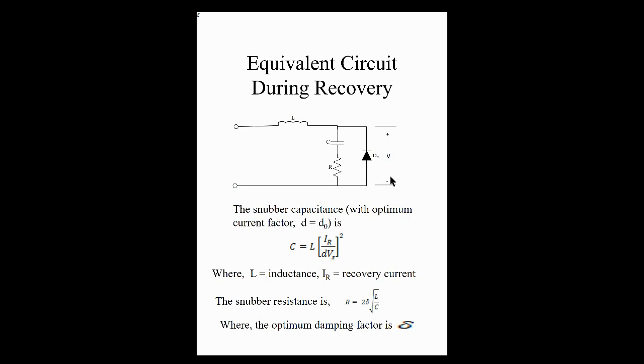We're going to protect this diode, and we'll use this formula to determine the capacitance that we'll use, right? So we have capacitance is given by the value of inductance multiplied by the square of the recovery current